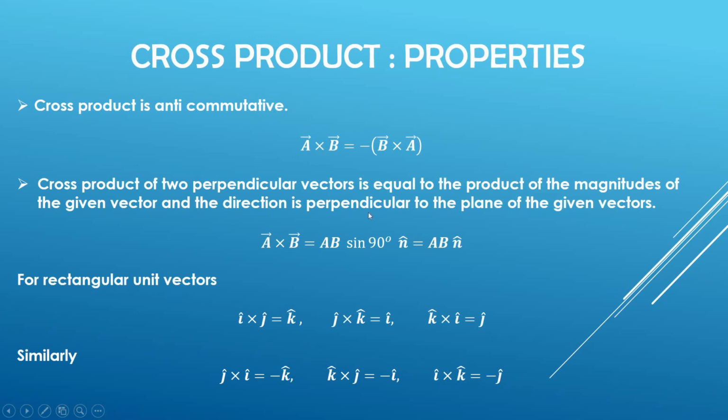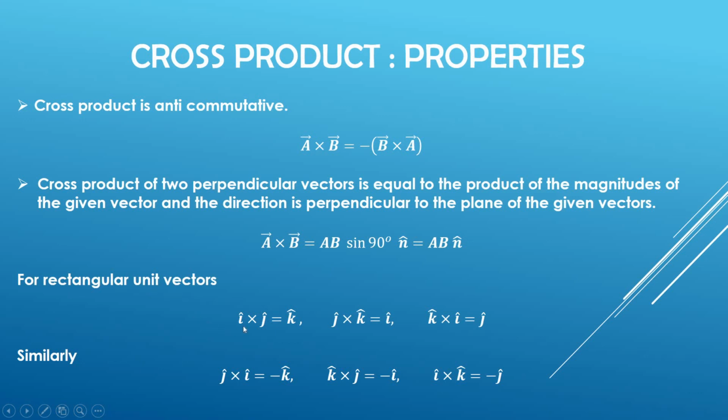The cross product of two perpendicular vectors is equal to the product of the magnitudes of the vectors, and the direction is perpendicular to the plane of the vectors. For the perpendicular case, we have to use theta equals 90 degrees, and therefore AB n cap, where n cap is perpendicular to both A and B. Using this property, we can write